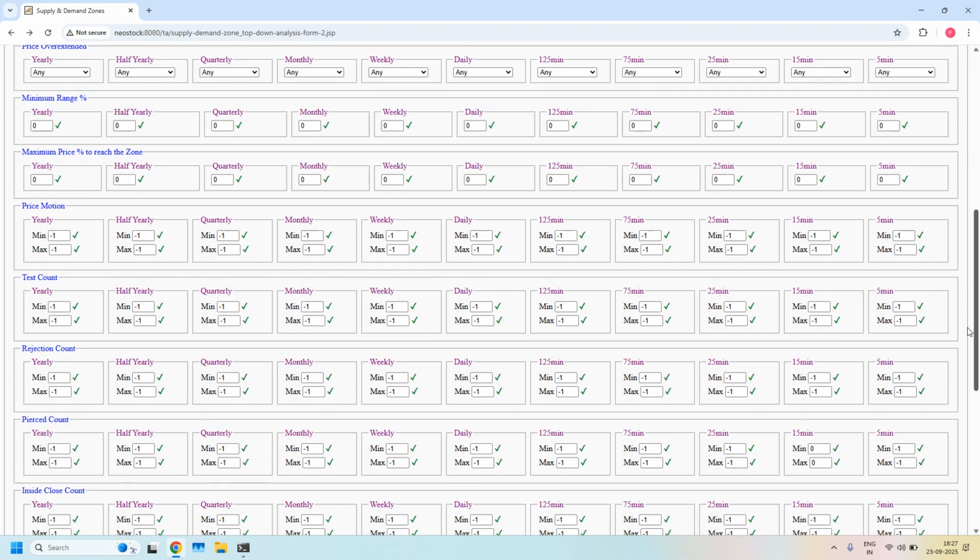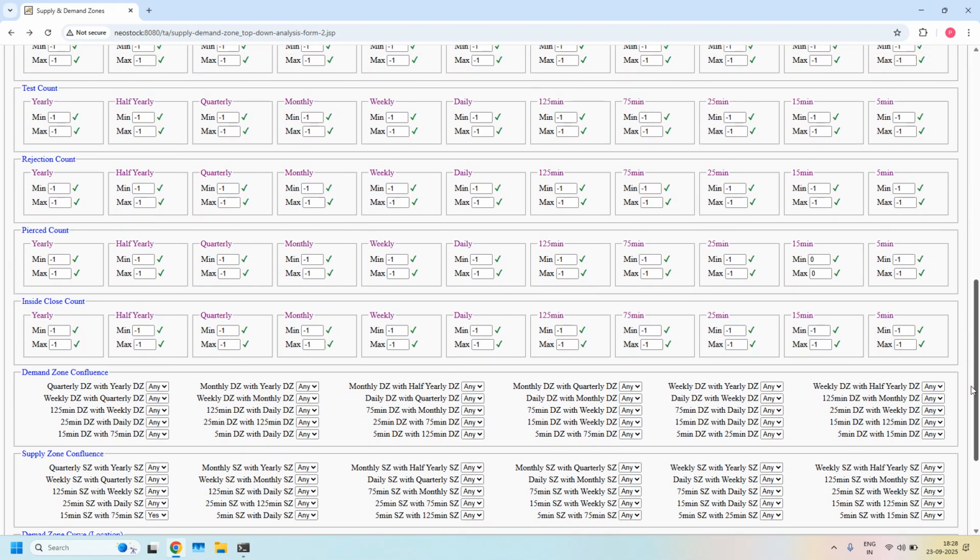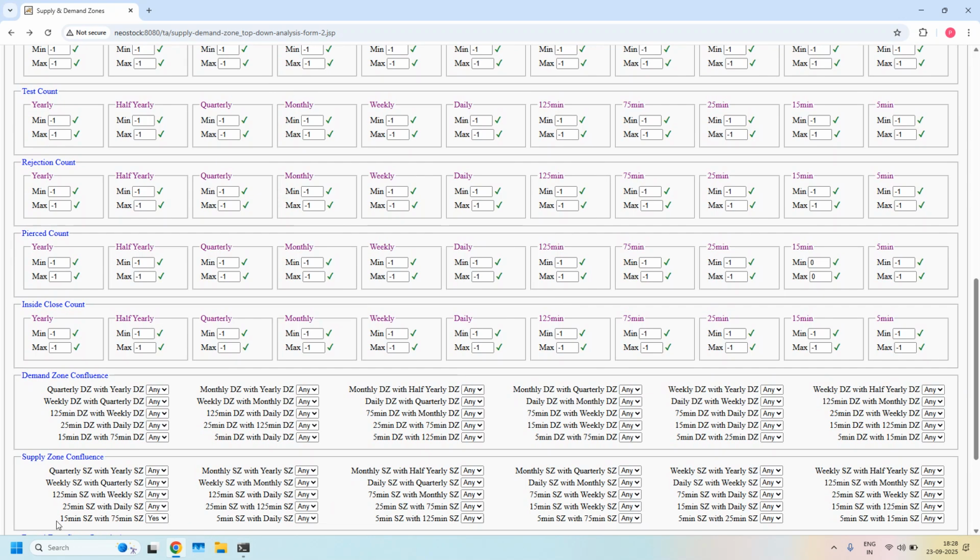In the supply zone confluence, I should set 3 filters. First filter is already enabled, 15 minutes and 75 minutes supply zone confluence. Next, 15 minutes and daily supply zone confluence. 75 minutes and daily supply zone confluence. By enabling all the 3 filters,